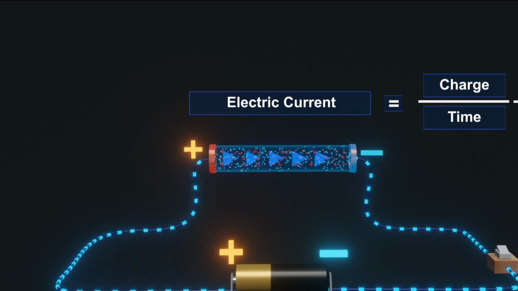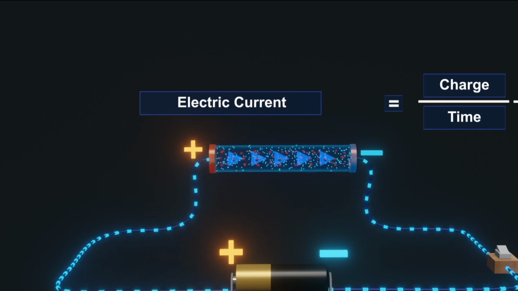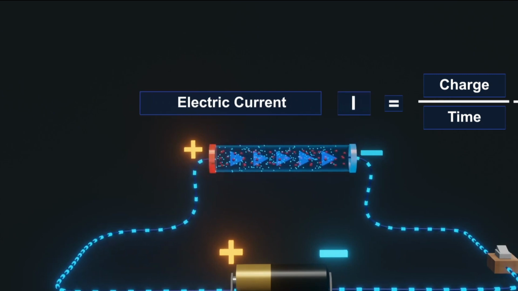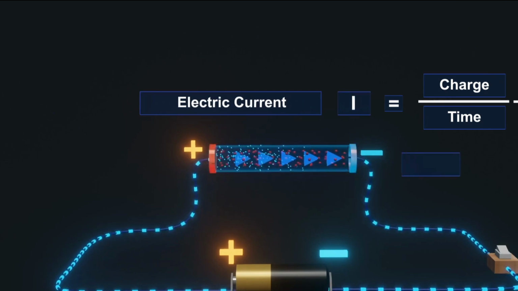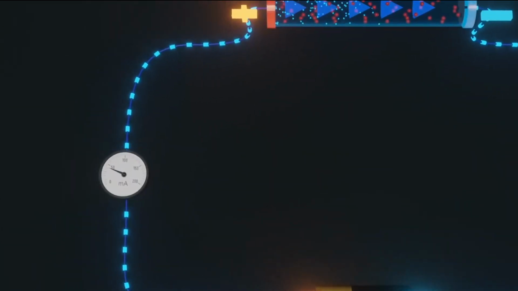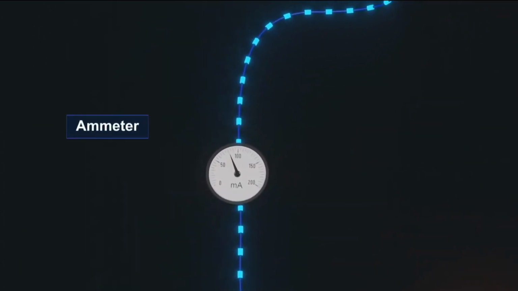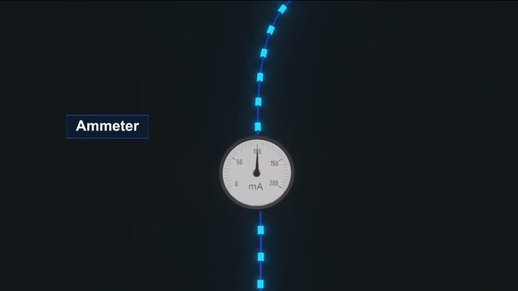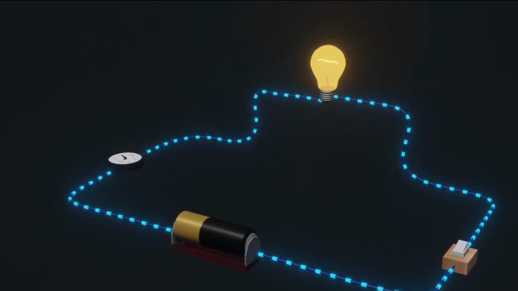Let's understand with an example. Imagine you connected a bulb to a battery using wire. When you turn the switch on, the battery pushes electrons through the wires. The electrons travel into the bulb and heat up the filament inside to produce light. That flowing electricity is called electric current.